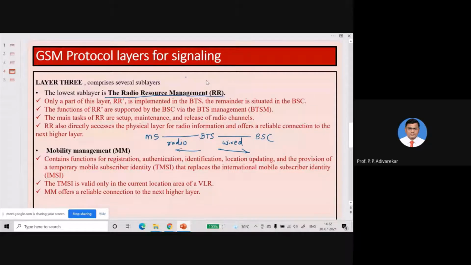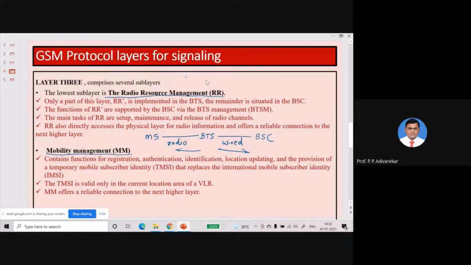Okay, so we'll see what the higher layer at the mobile station is. So that is mobility management. We have already seen this in, sorry, that protocol architecture diagram. Okay, so what is mobility management?